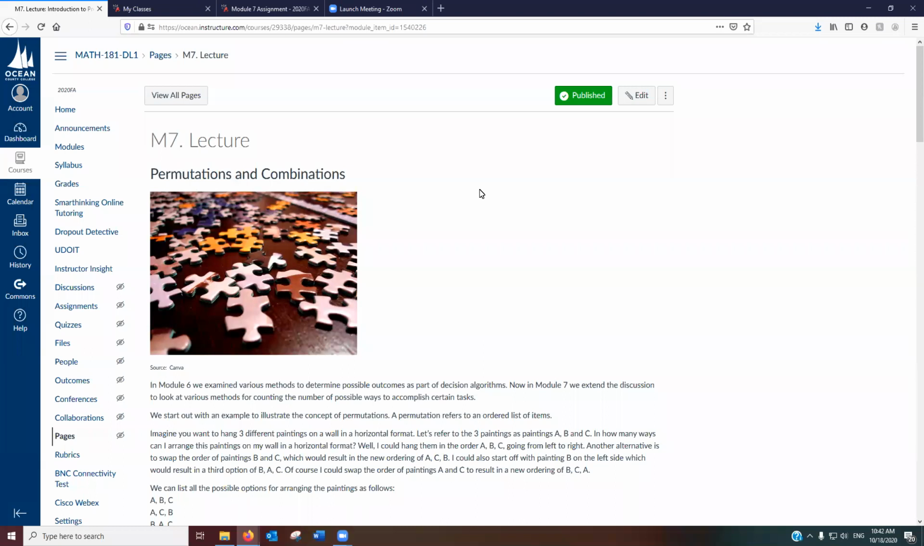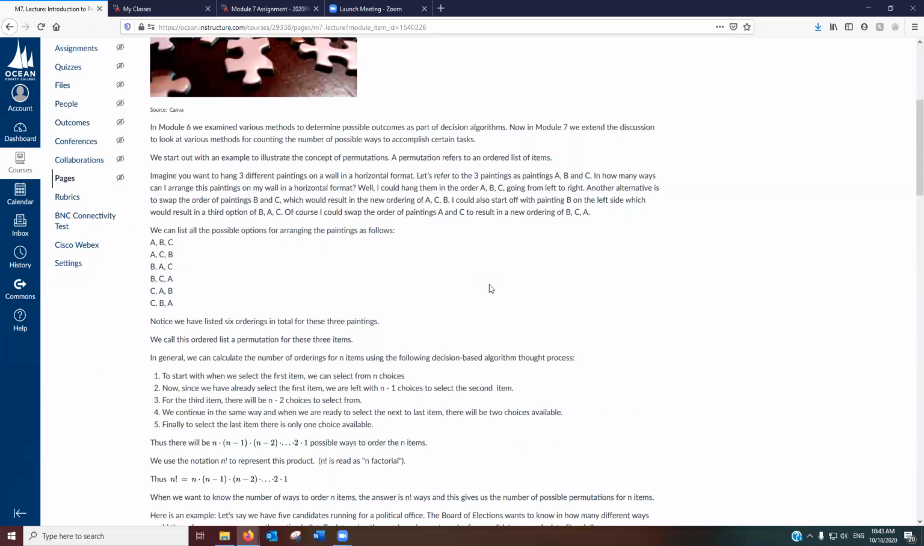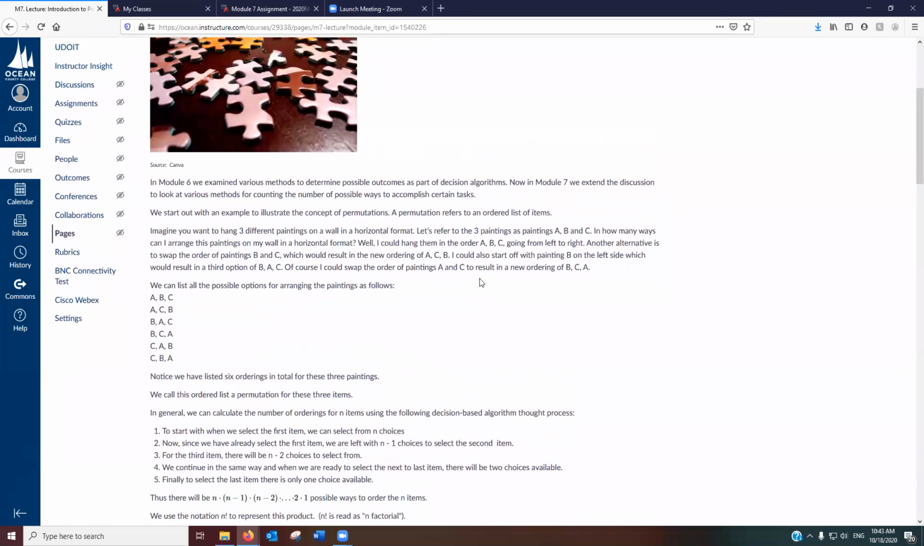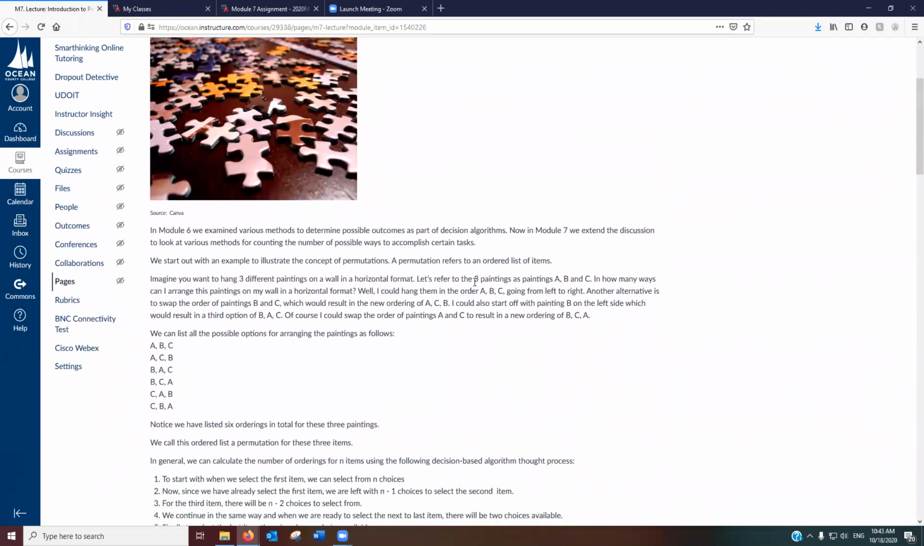And this module continues a discussion from Module 6 on counting the total number of outcomes as part of a decision algorithm. Here we want to look at some more advanced counting methods, and this is going to involve something called permutations and combinations. Let's start off thinking about how to count some items that are